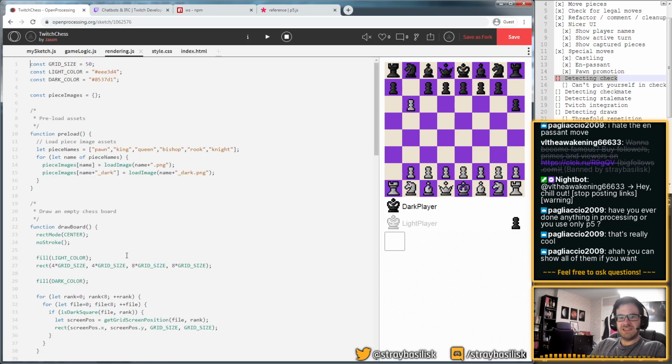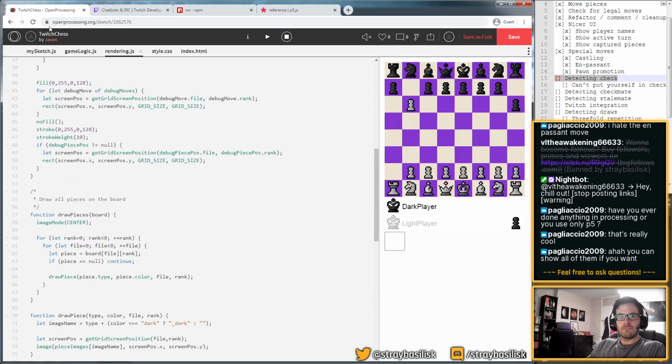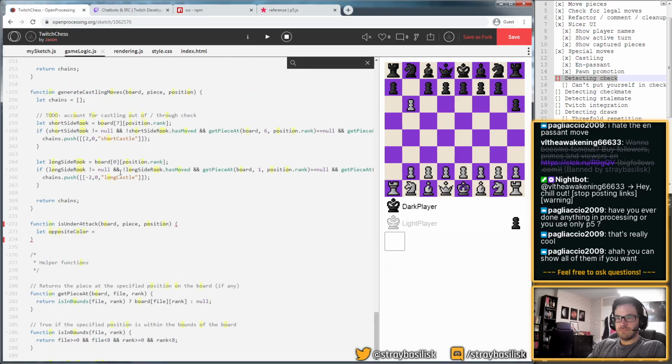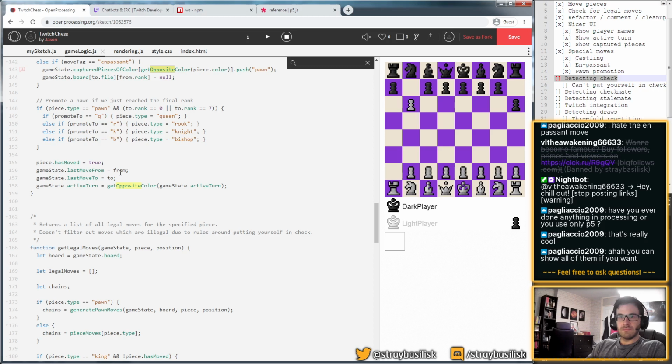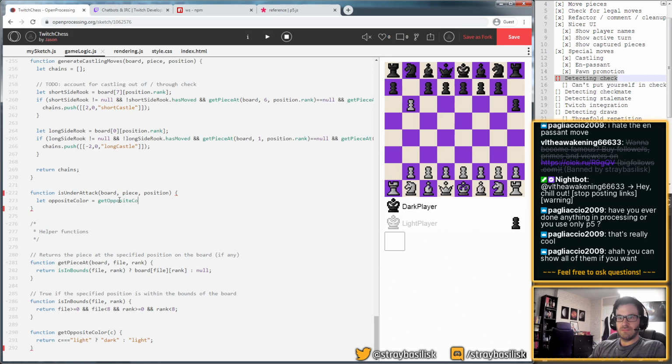Do we have a get opposite color thing? Yeah, we need to find that somewhere. I guess we'll call this attacking color.